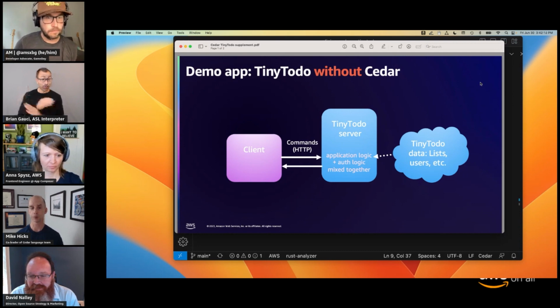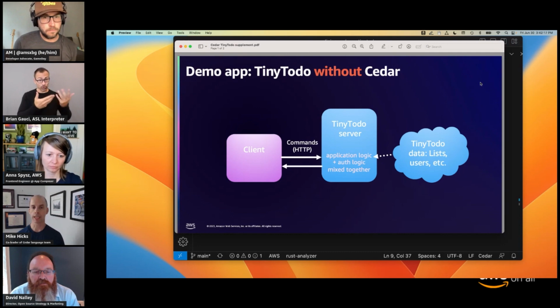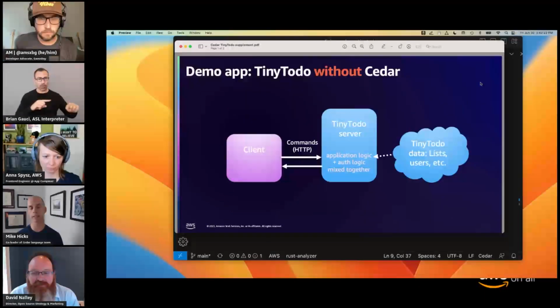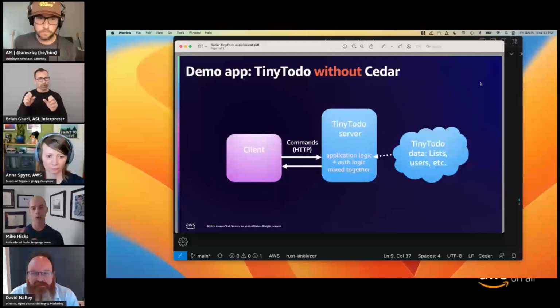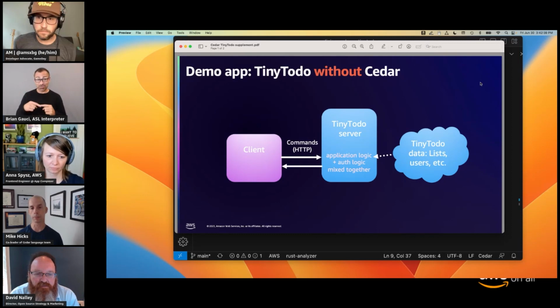You build a server, it's a web service, and your clients are going to send HTTP commands to your service. It's got all your data and everything else. And inside of your service logic is mixed in all of your authorization logic as well. When you get the command to look at a particular file, you also include, inside the logic for retrieving that file, logic to make sure that that retrieval is okay. And over time, that's where you run into trouble because it's difficult to tell what exactly your security posture is, where your application code ends and your security code begins, and that maintenance problem comes to the fore.